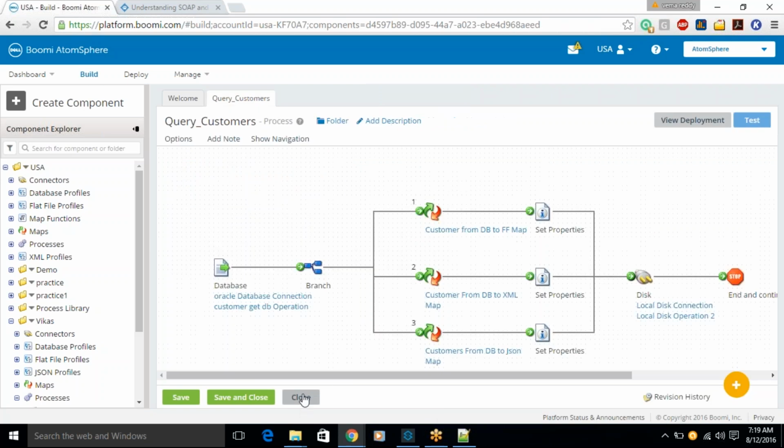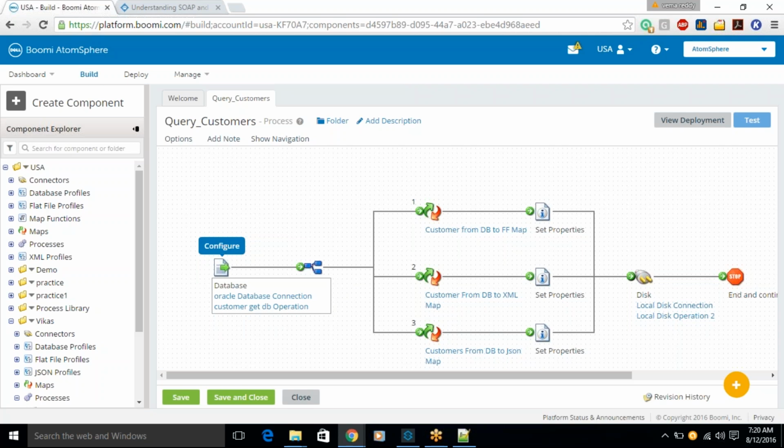Okay. So typically in most of the projects that we do, we use a start and then we use a connector, right? But here, we are directly using a start. Yeah, there is one scenario. When you are scheduling, let's say you have scheduled a process to run every 10 minutes, or every 1 hour, or every day, once. And if you directly configure your connector in the start shape,